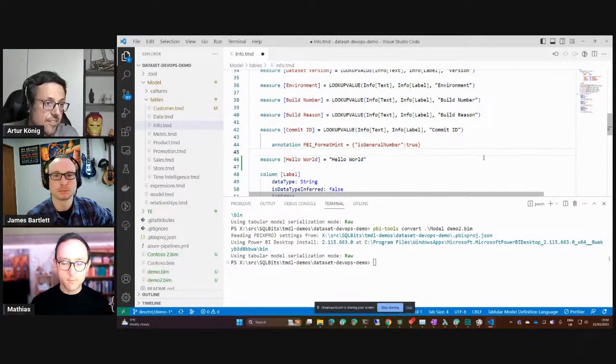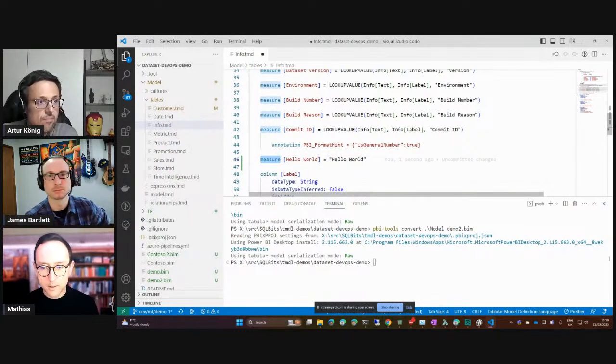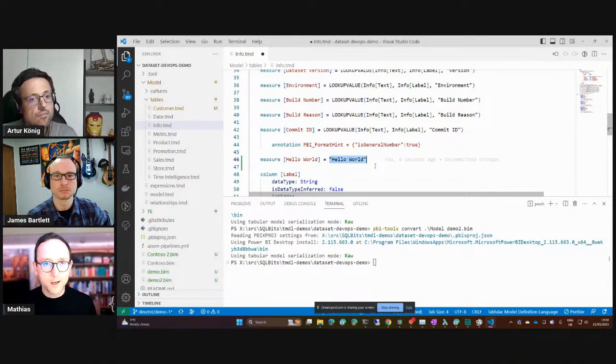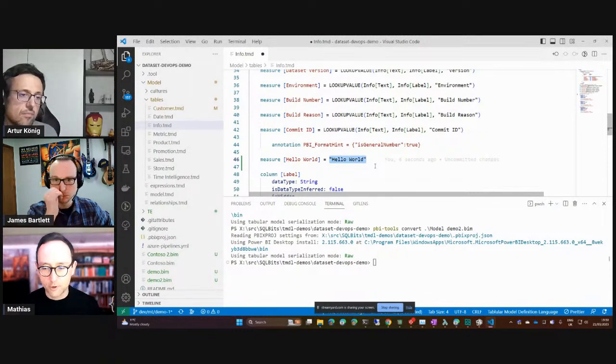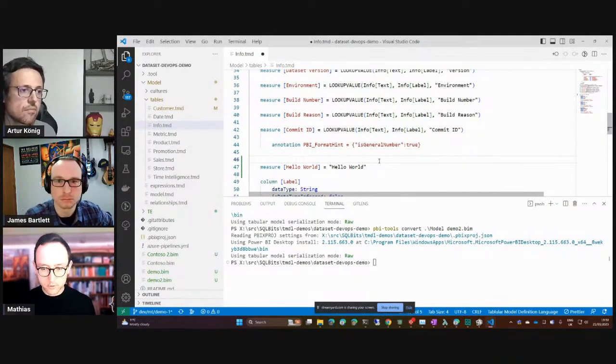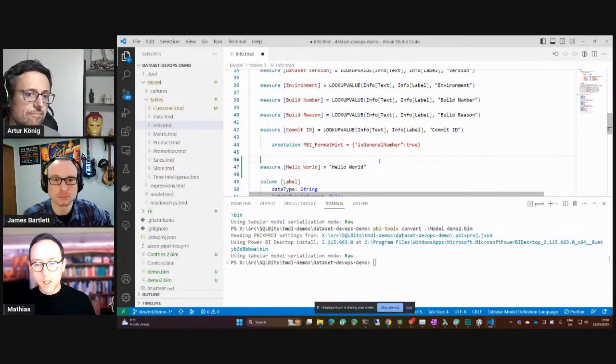So hopefully the syntax is self-explanatory, right? I'm defining a measure. I'm inside my info table. The measure name is hello world, and here I'm using DAX, right? And double quote hello world. That is basically a DAX string literal. And yes, to respond to Mike's point, TMDL has